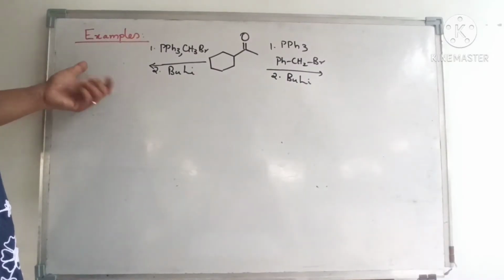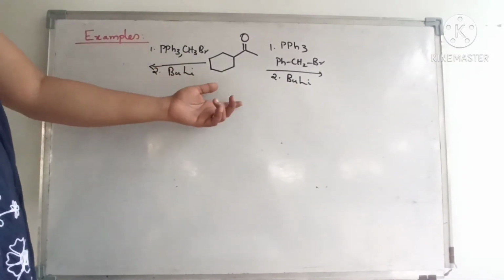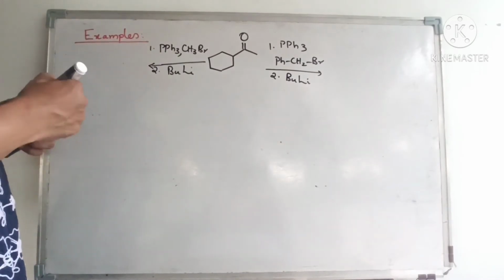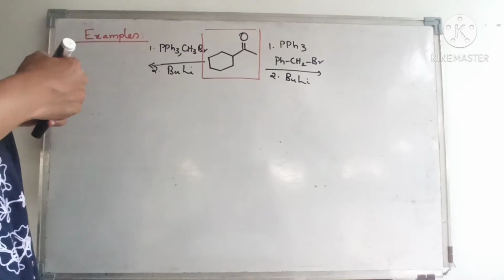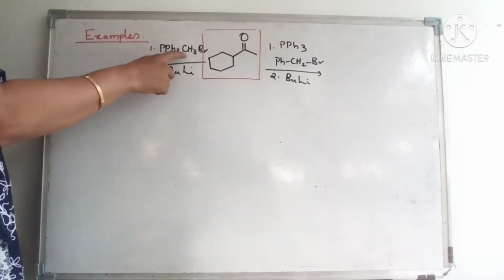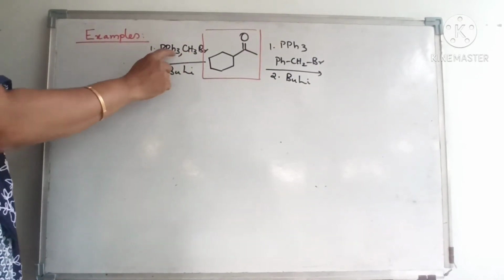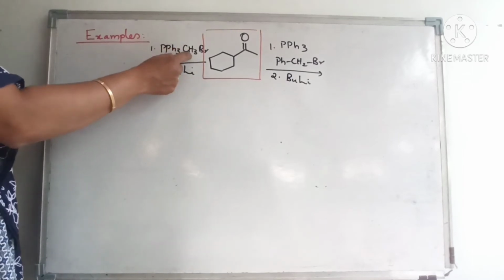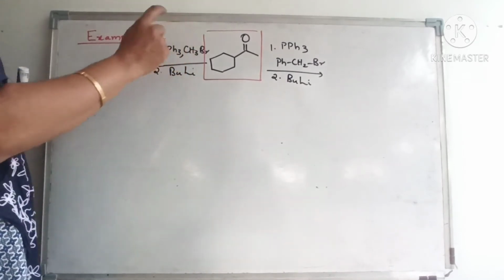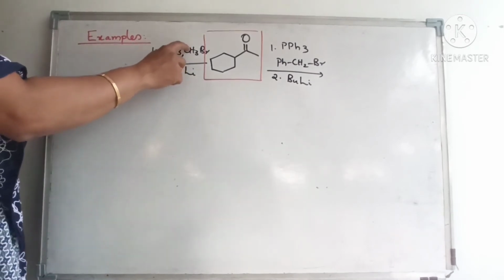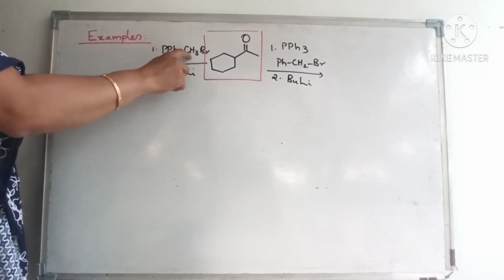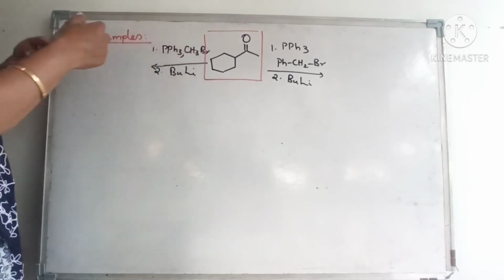Let us discuss some examples. Okay, so here this is the substrate that I have taken, a ketone. Okay, this is a substrate, and two conditions are employed. This is PPh3 CH3Br. So you must know what would be the phosphorus halide which is formed, whether stabilized or unstabilized. Okay, so here if you are seeing in this alkyl group there is no electron withdrawing group, so it will be forming what?